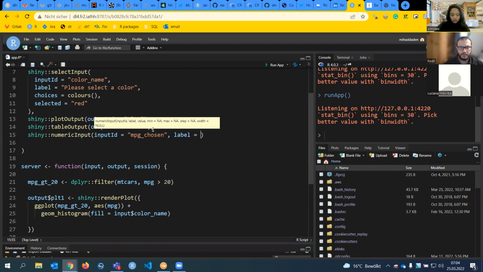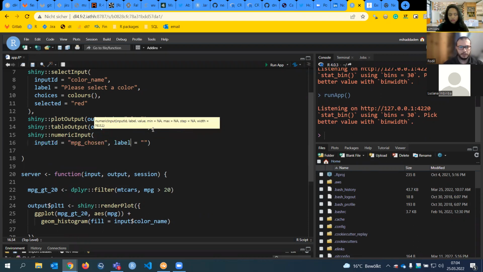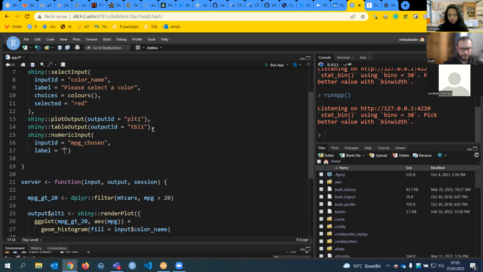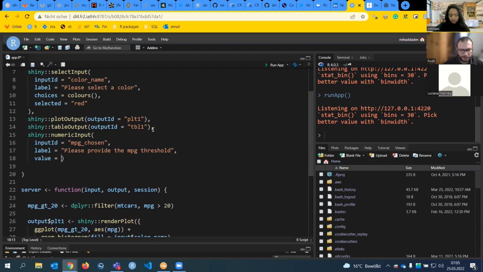And then provide a label. Please provide the MPG threshold. Yeah, that's cool. And then a default value, let's say 20, right?